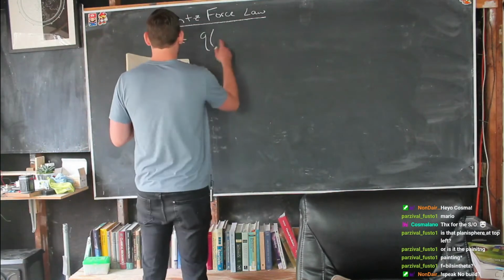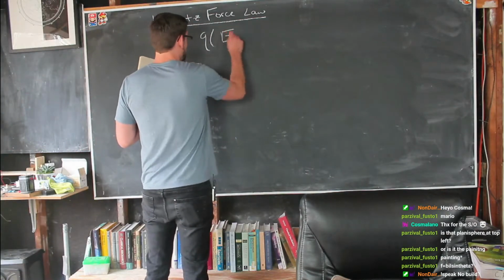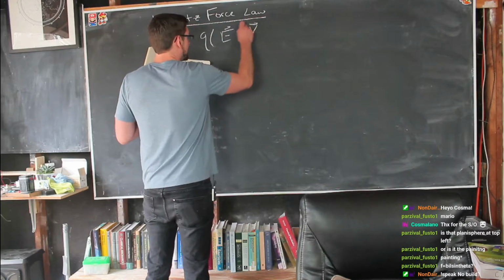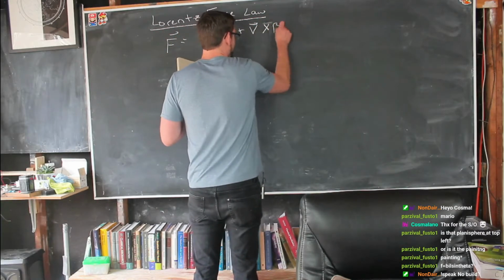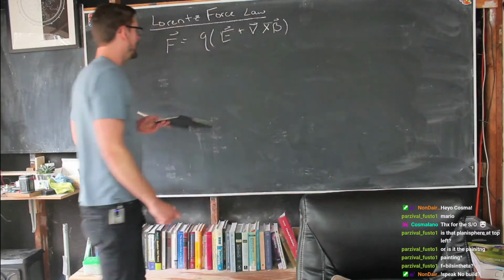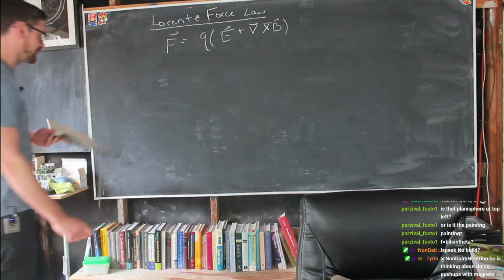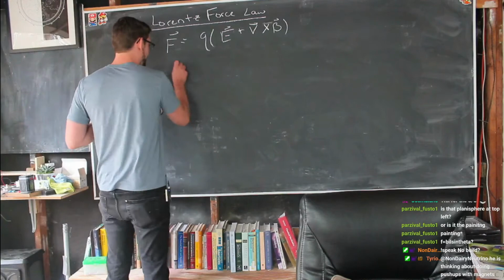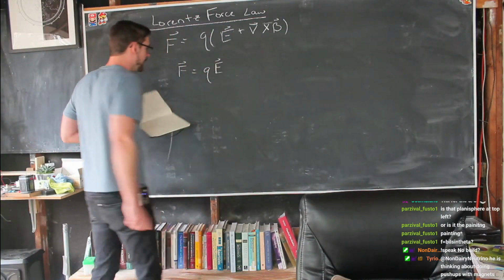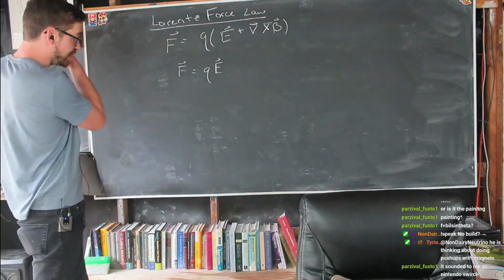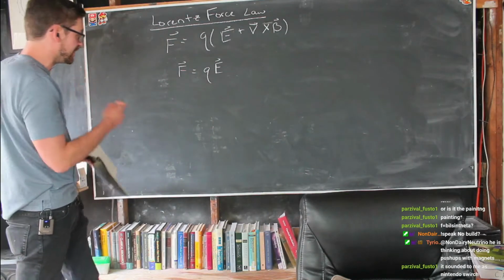So we take some charge, multiply it by the electric field plus the velocity of the charge crossed with the magnetic field. So let's talk about this equation and what it means. You might know the force equation as this, qE, where we have some charge q multiplied by the electric field, and this